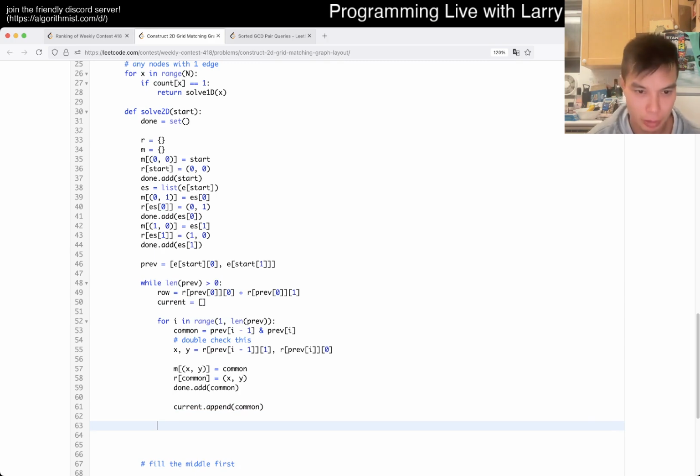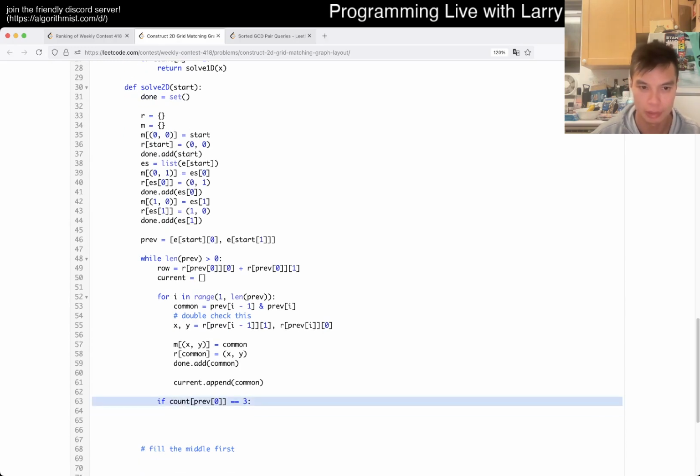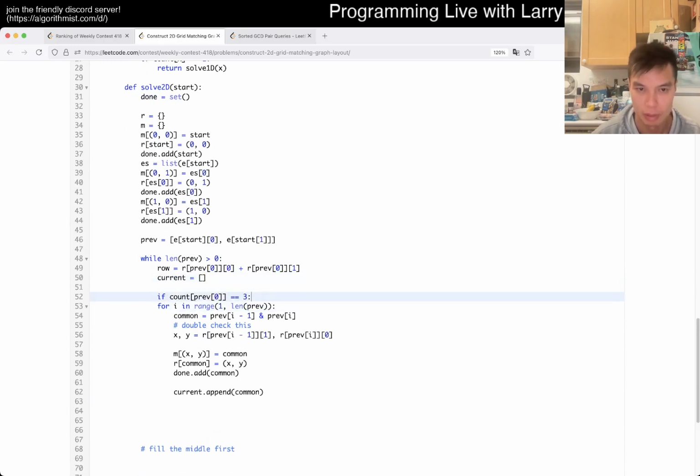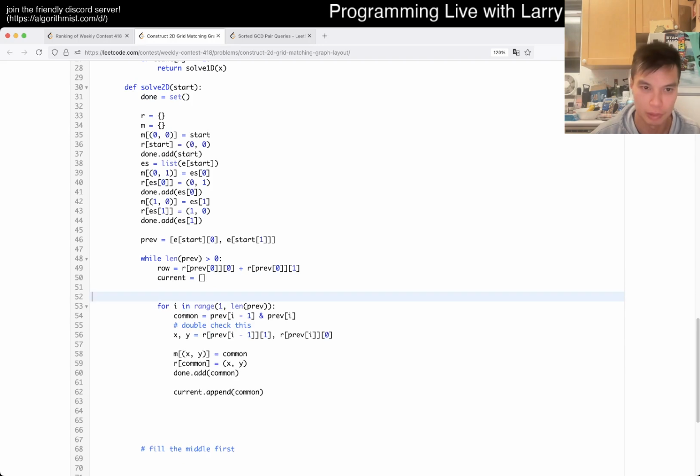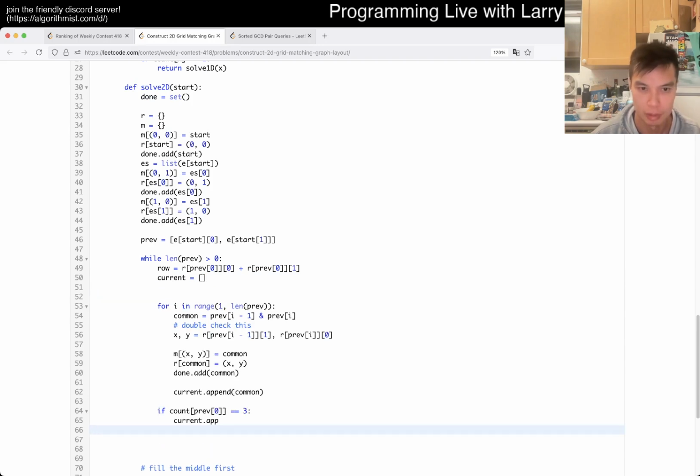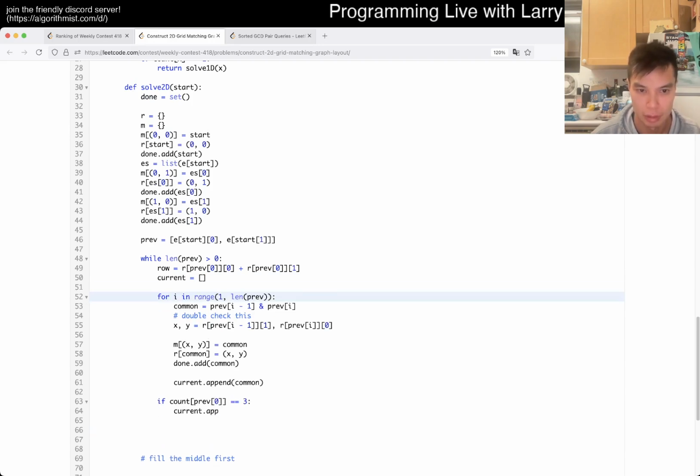So then now we do if this is equal to 2, then we're done. If this is equal to 3, then we have one more. So okay, so we actually have to do it before then, which is fine. Oh no, we have to do it afterwards because we don't know which one's left. Okay, so then now